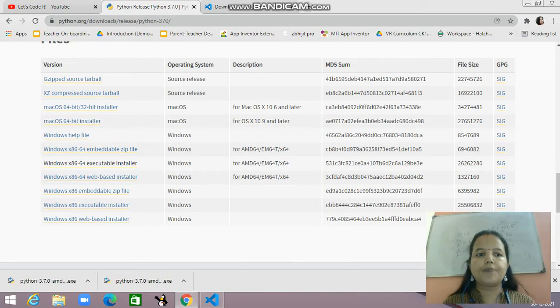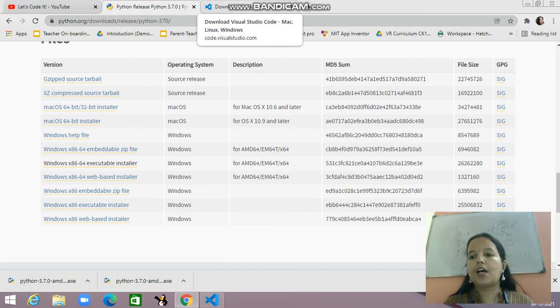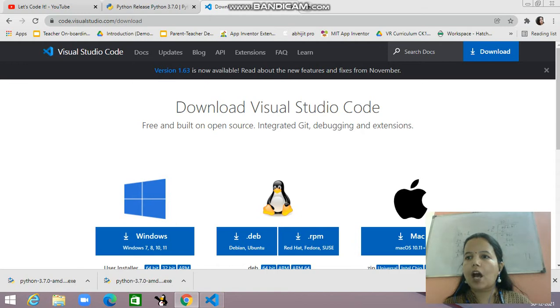Now the next thing, the IDE. Which IDE are we using to write the code? I'm using Microsoft Visual Studio Code. You can use any IDE. If you have any other one, you can use that also. No issue with that. Everything is going to work on that also.